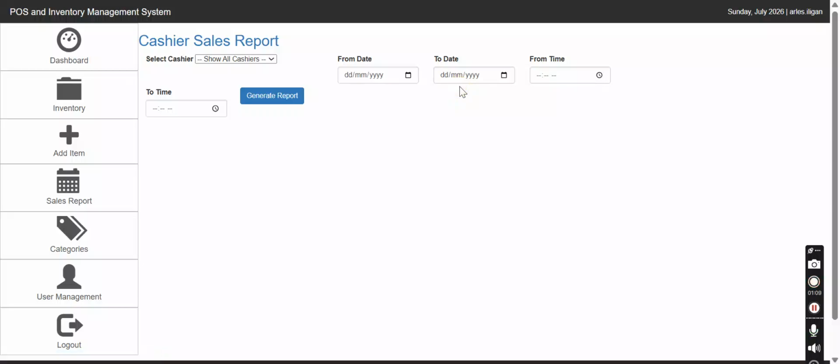In the cashier's report, we have the cashier sales report. All we have to do is click this dropdown so we can view the different cashiers registered in this system.